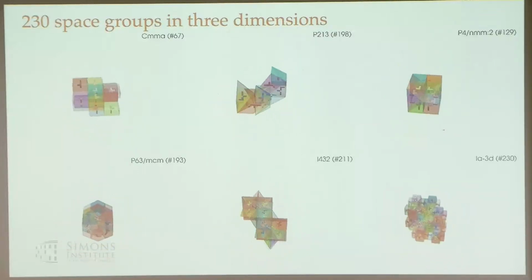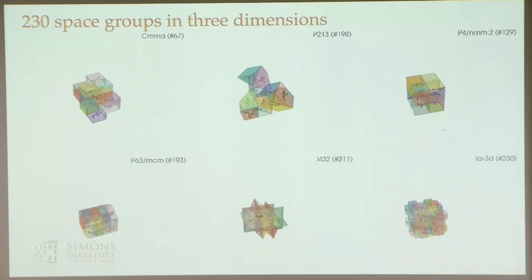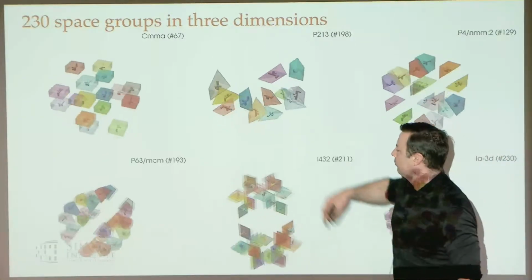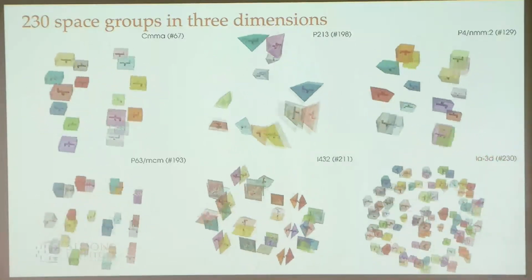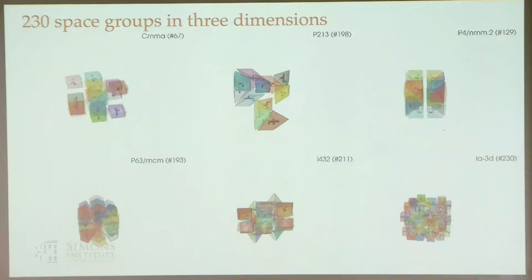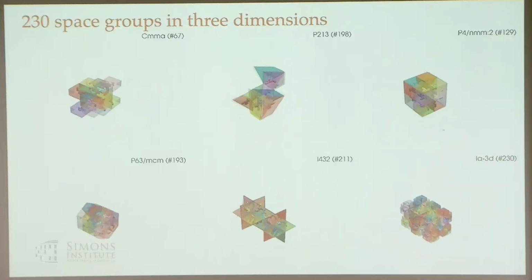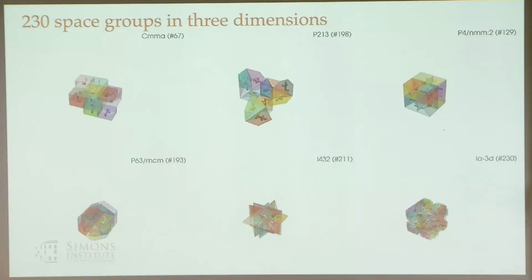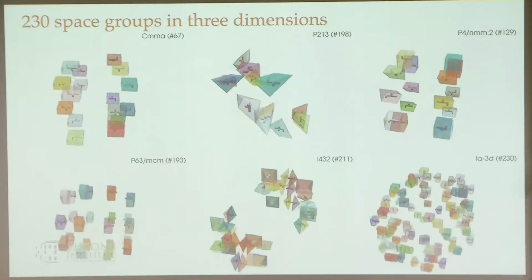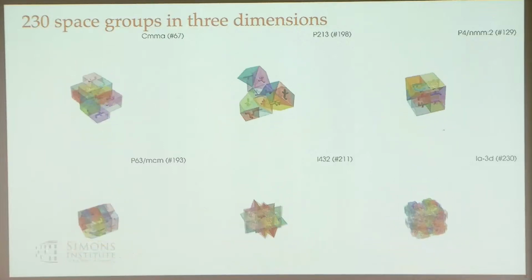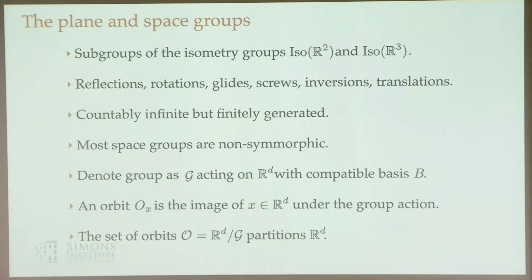And so instead of a 2D tiling, we now have a 3D tiling. I've put a little asymmetric object in each one of these. This is the set of group operations up to translation. So it's not quite a subgroup, but it gives you an idea of how complicated some of these things could be. There's 230 of them, 219 if you don't account for handedness, or you don't care about handedness.